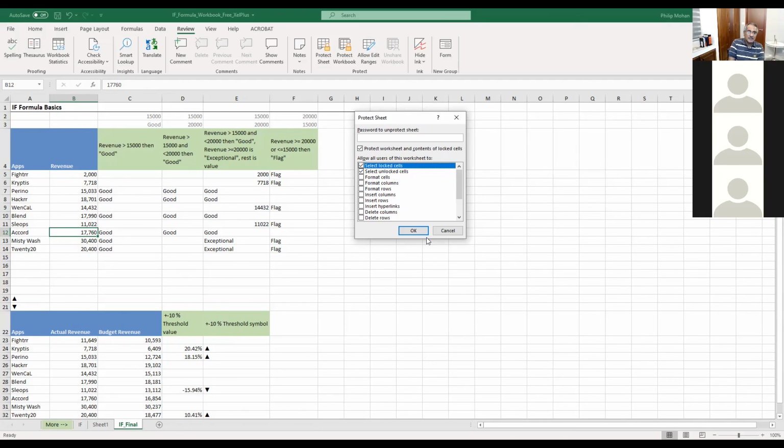But user friendly doesn't mean allowing them to change formulas, because then the effectiveness and the validity of the sheet will be destroyed. The data integrity will be destroyed. And the old saying about computer data is garbage in, garbage out. Okay, that's enough for today.